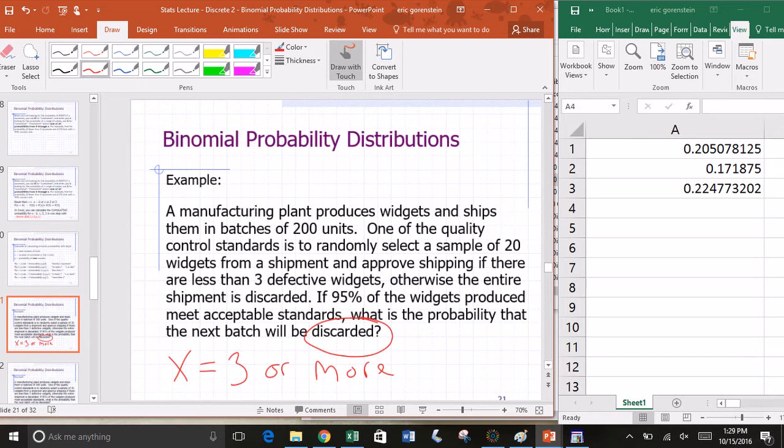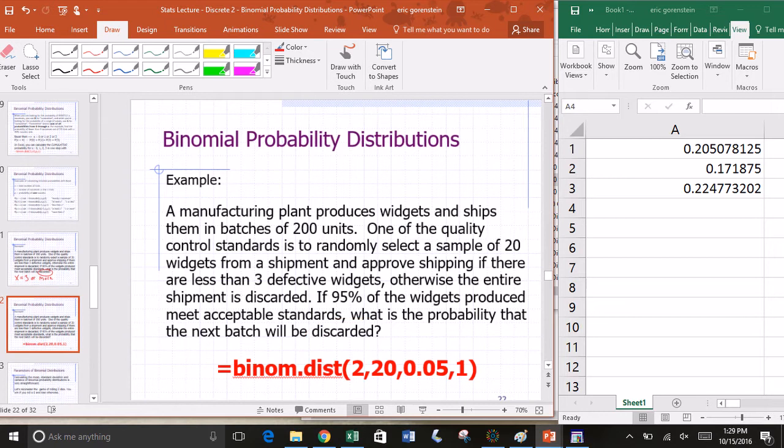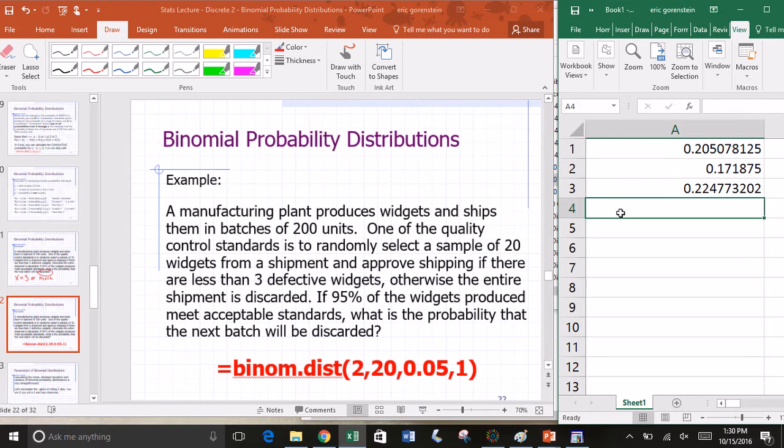So we want the probability that X is 3 or more. So again, this will give us the probability of 0, 1, and 2. So this in red, what I have here, will give me the probability that the batch will be accepted. So if I want the probability that the batch will be rejected or discarded, I need the complement of this. 1 minus